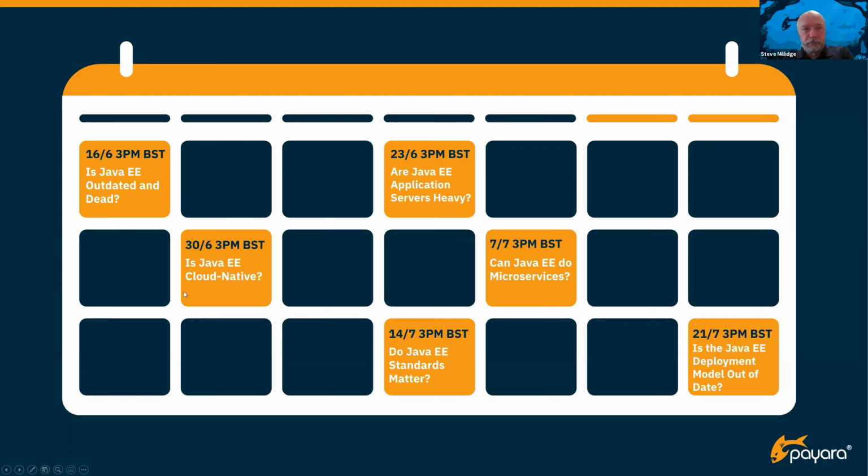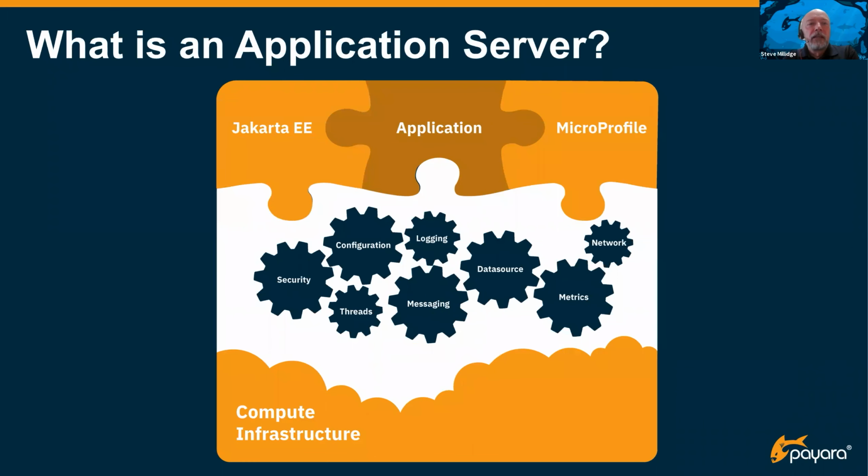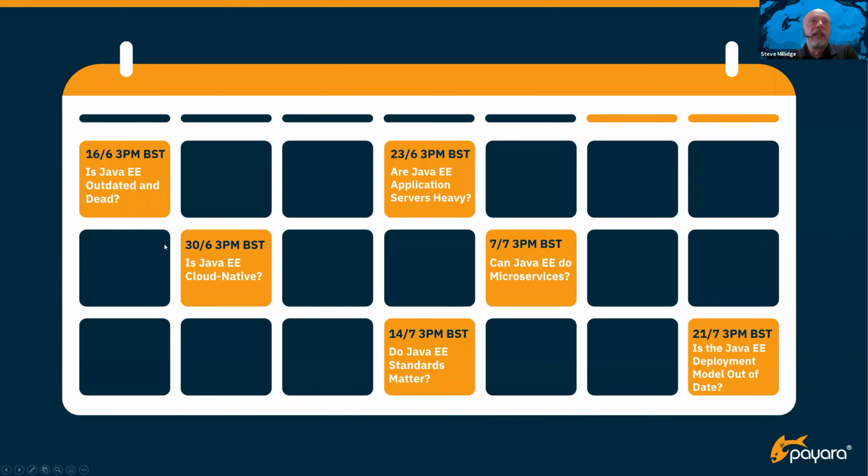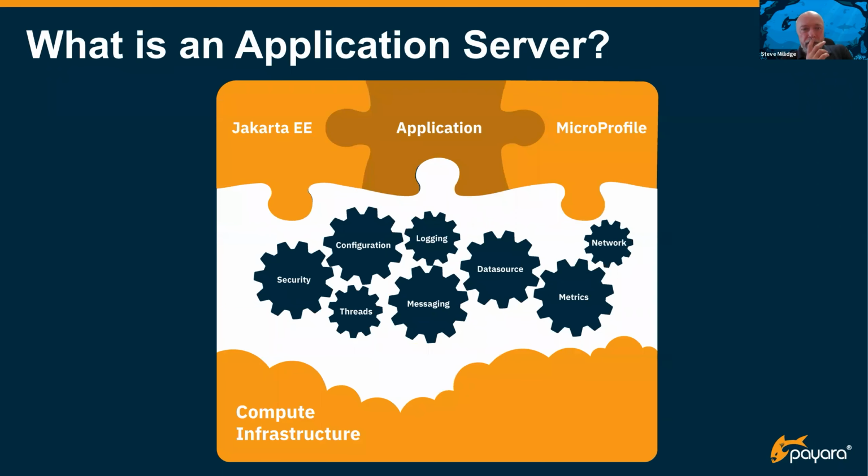So let's dive into the topic of this webinar. First, the question, as I said before, is, are Java EE application servers heavy and slow? So first thing I'm going to do is actually break down that question. First, let's look at what is an application server, because this gets quite a lot of confusion out there. Many people say, oh, you don't need an application server, what you need is Tomcat or something, which by definition is the same thing.